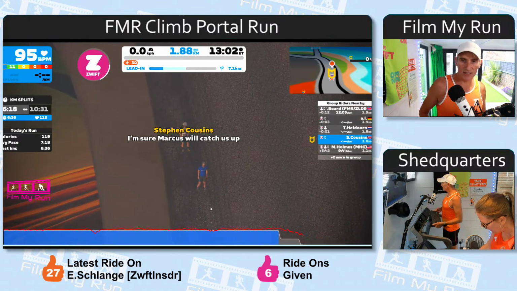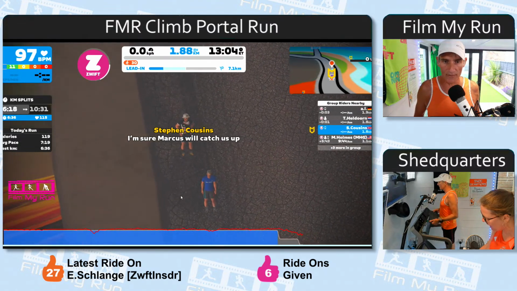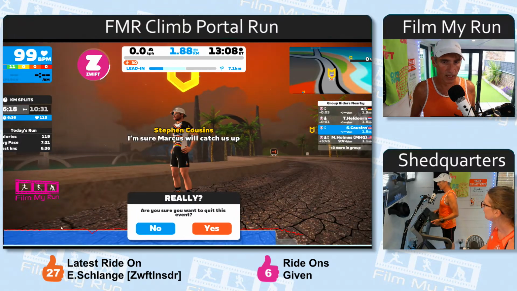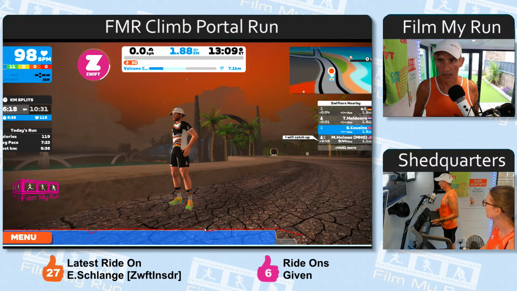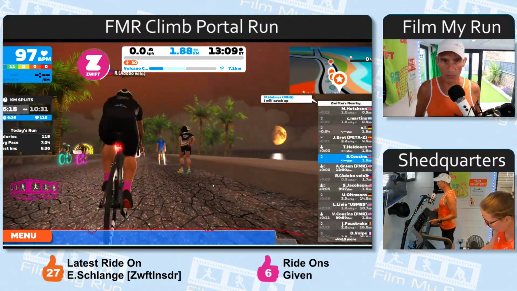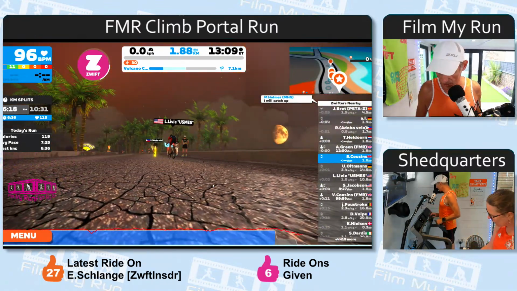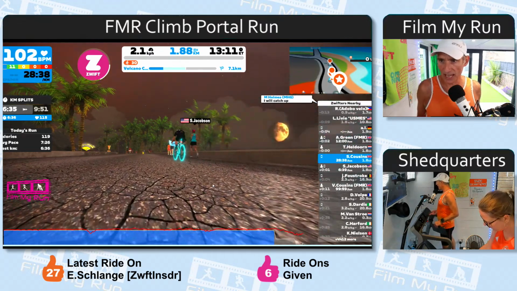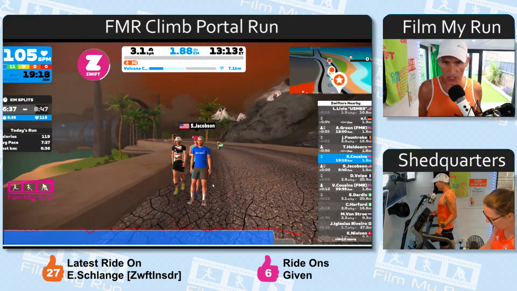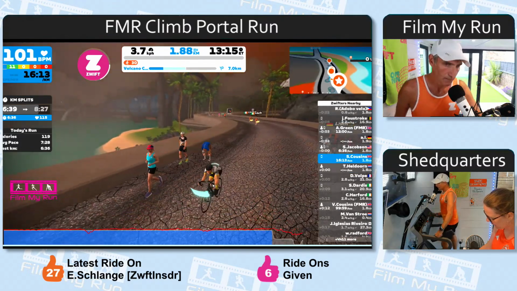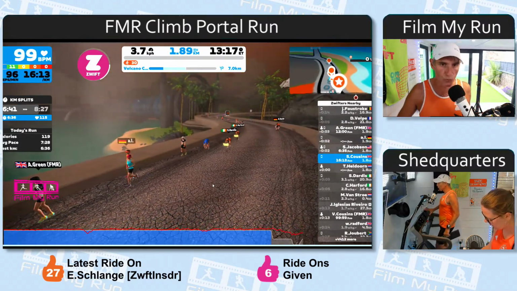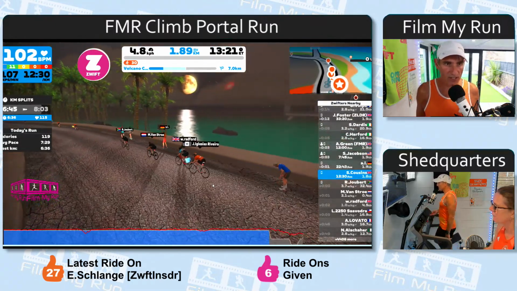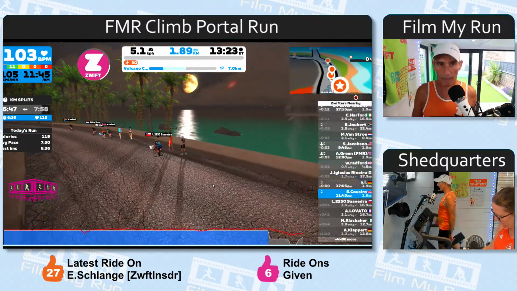If you have exited the event, would you want to wait for quit event? Yeah. Quit the event. Yes, please. Marcus says he will catch up. Okay, so now we can walk slowly or just jog lightly to get to the turning for the portal. And we need to make sure that we take the right turn. It should be quite clear to take the right turn to the portal.